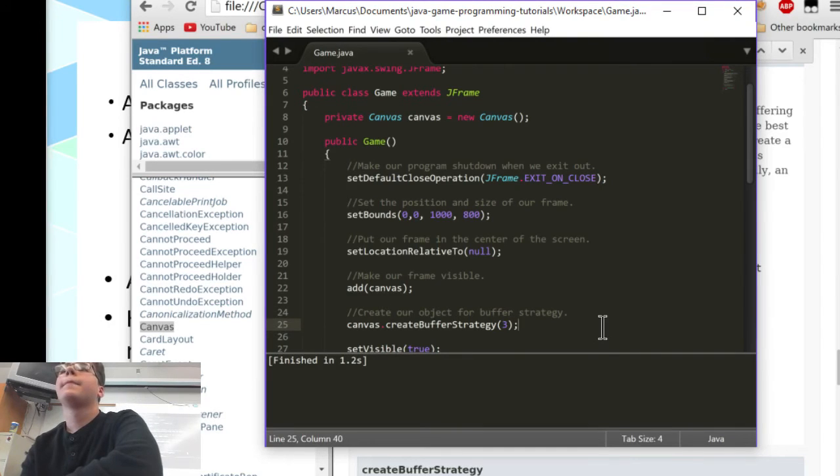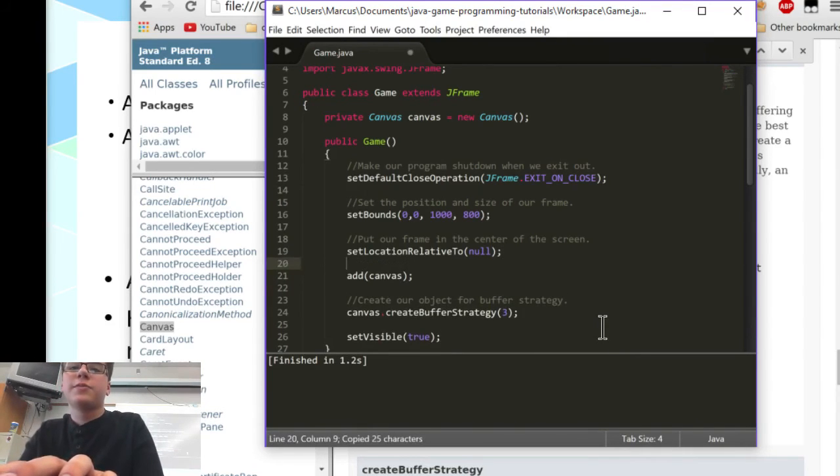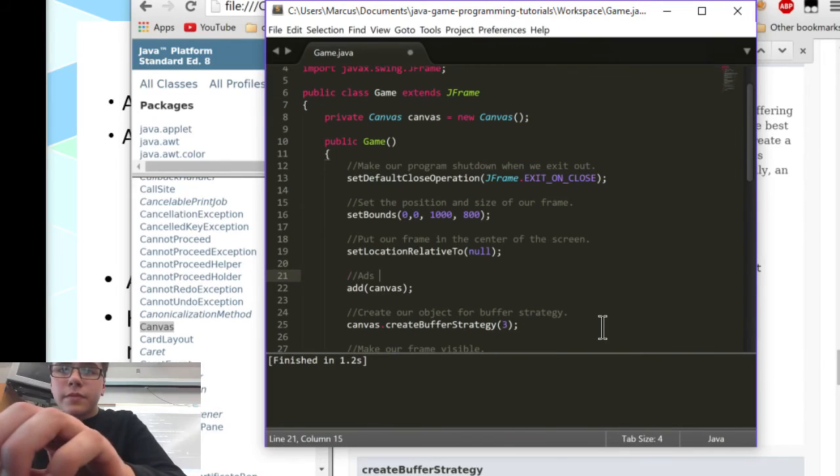Yeah? Add canvas, because that's only a comment. Make your frame visible, that's supposed to be above canvas. Oh, oops, yeah. The comment's wrong. Make our frame visible should go above the set visible. Add canvas just